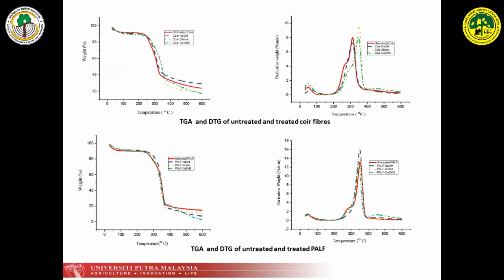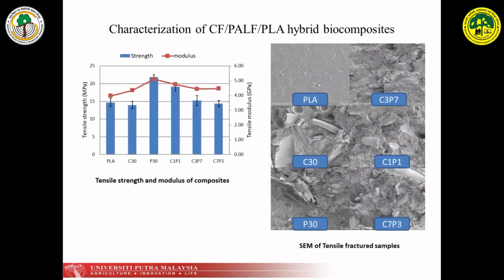And this is some of the thermogravimetric analysis and the derivative thermal analysis of untreated and treated fibers. When we look at that, not much changes in the untreated and treated fibers. Very minor changes are coming. And similarly with the tensile and modulus of the composite,